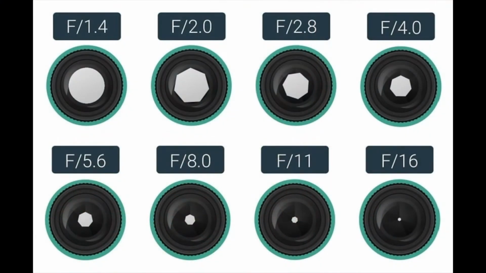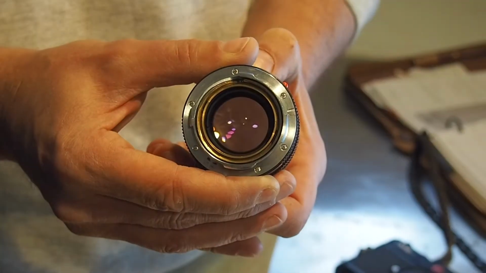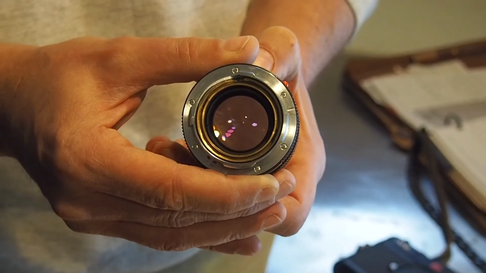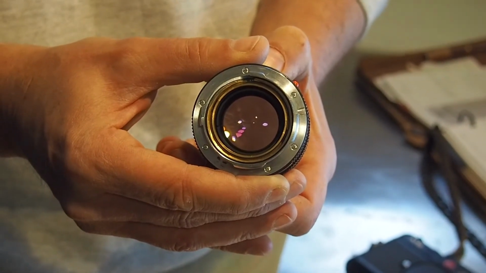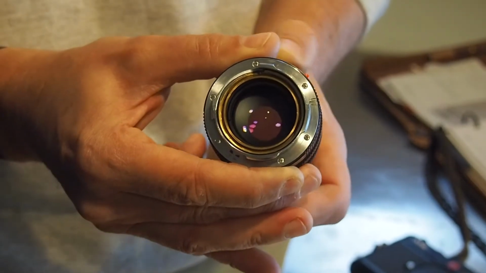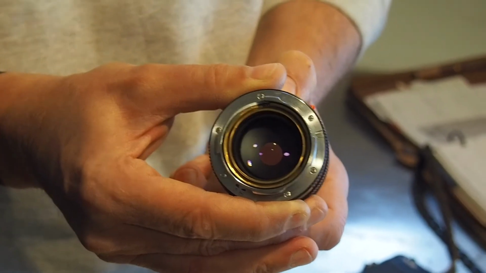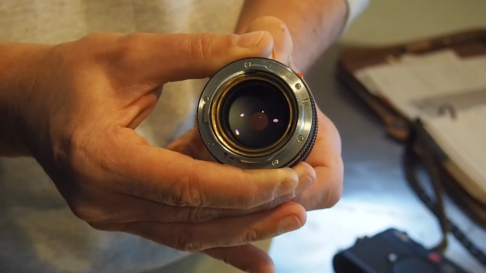Just remember, though it may seem odd at first, that the smaller the focal number, the f-stop, the F stands for focal, the bigger the opening. And the bigger the focal number, the smaller the opening. As you can imagine, a wide open lens, let's say here in my f1.4, is going to allow the maximum amount of light into your camera. While stopping down, such as to f16, which is just a tiny opening, is going to let just a little bit of light in.